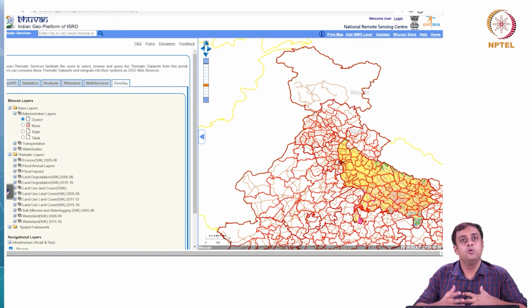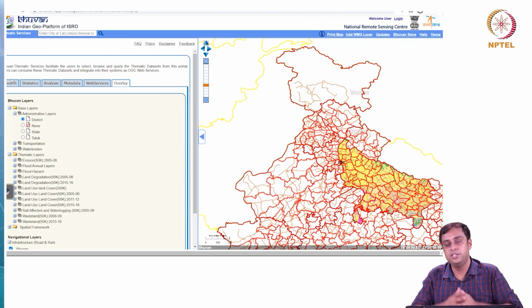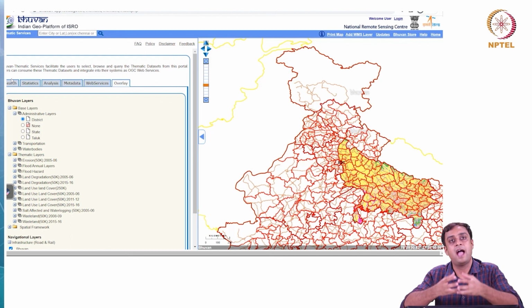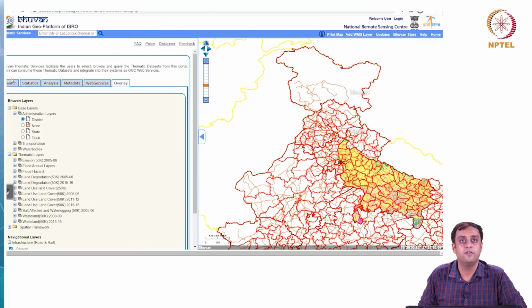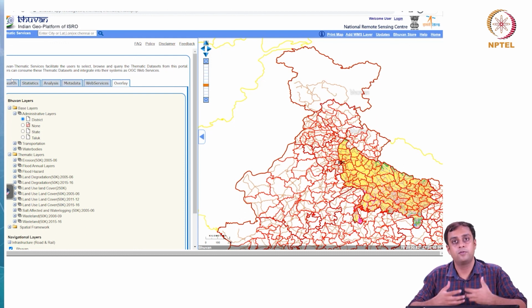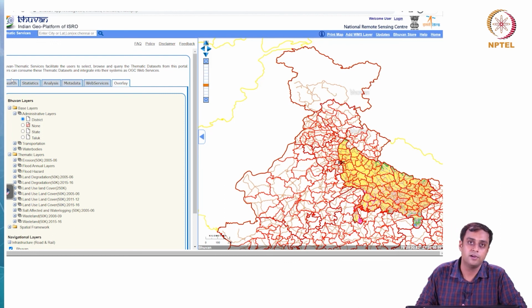So, that is about it. I would like for you to look at these data, work with these data, play around a little bit. We will do a little exercise in the next lecture. I want you to go and look at the Guwahati region and look at the Guwahati metropolitan area, draw area of interest, and analyze land use types. Look at the metadata and then maybe overlay a few features, right. And we will do that again in the next lecture along with Cropscape, that is another publicly available, freely downloadable data set we will see the functionalities for. Thank you.